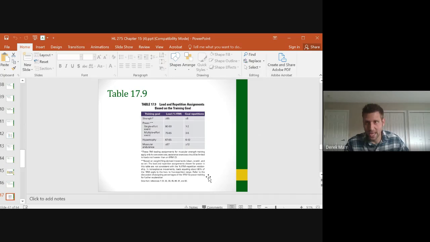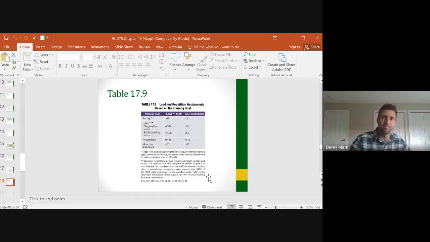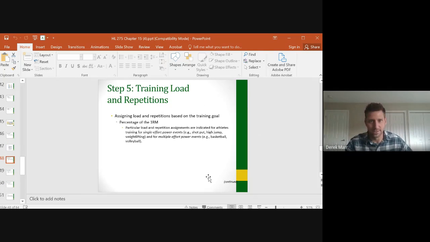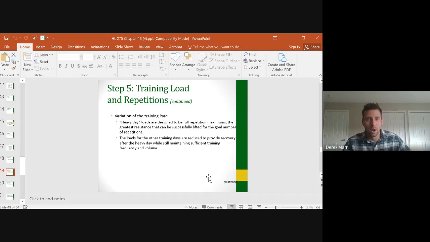Hey, look at this. It shows that color graph and bolded graph into a table format right here with our strength, our power, our hypertrophy, and our muscular endurance, the percentage of 1 rep max and our goal repetitions. Again, 7.9. This is a take-home table right here. If I was given a desk at a workout facility and I was going to be a personal trainer, I'd have this printed off. I'd have this cut out. I'd have it stuck up on my board right there. And when I was designing workouts, I'd reference this time and time and time again. I'd probably actually memorize it at some point as well. All right, so